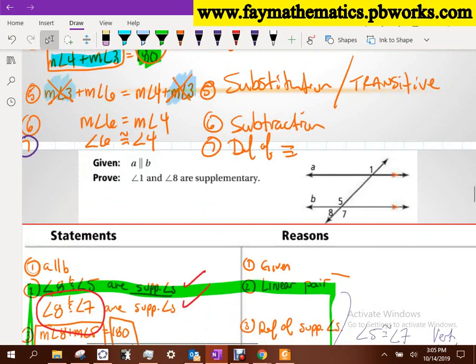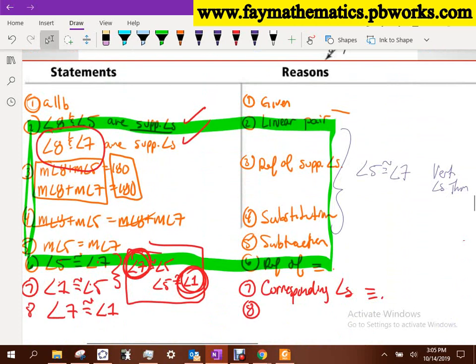If I look at them, I could use that fact. My logic here, I think, is the transitive property. But if you wanted to use alternate exterior angles, that's fine. I'm going to just say transitive here. And here's the idea, and I think the way I've designed this proof and where I put it in the PowerPoint is that we haven't talked about exterior angles being congruent yet. But if you want to write there that 7 and 1 are congruent because of alternate exterior angles, by all means, that's fine. It's right. Okay? And that's the thing about these. I don't want to show you just one way of doing it, because there's not just one way of doing it. Okay? So now, 7 and 1 are congruent. Come back up to this.